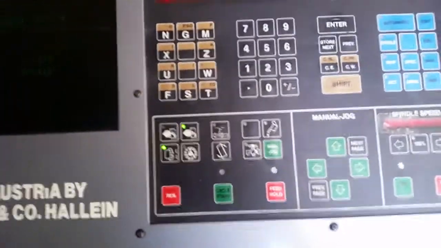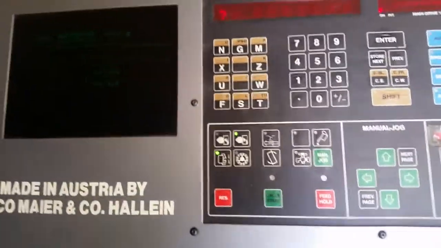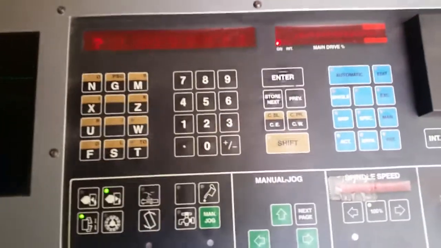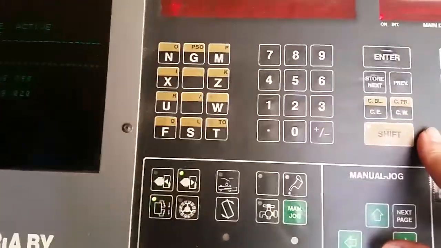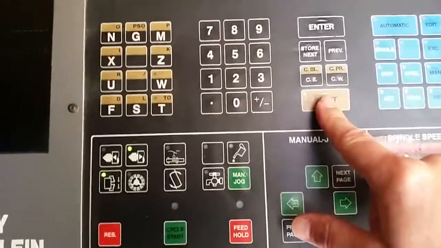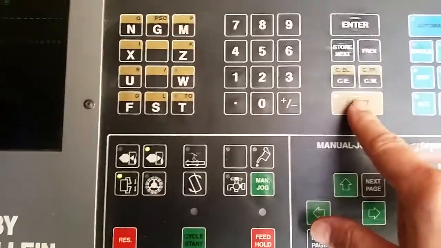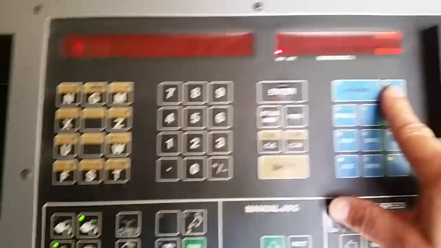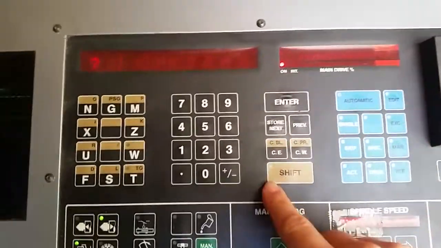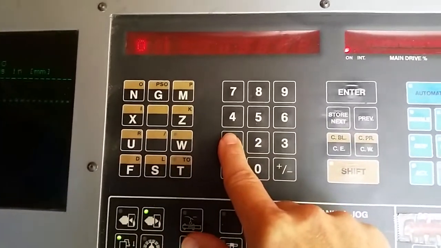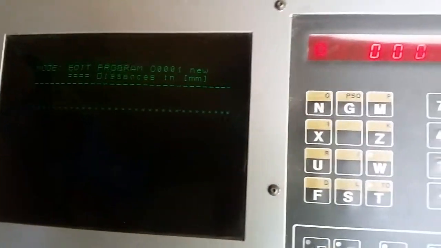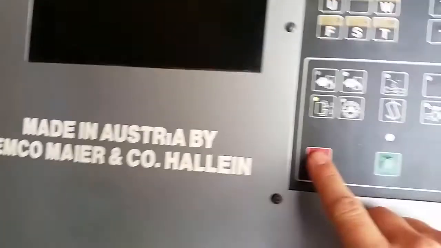Right, so let's load the program. I've already deleted all the programs. I even had to restart the machine because I had like a buffer error. So let's just go ahead and enter edit mode and open program 1. So that should be empty. Yeah, that's empty. So let's hit reset button